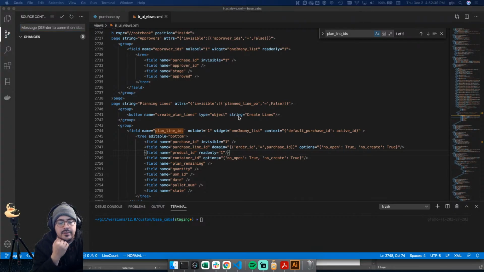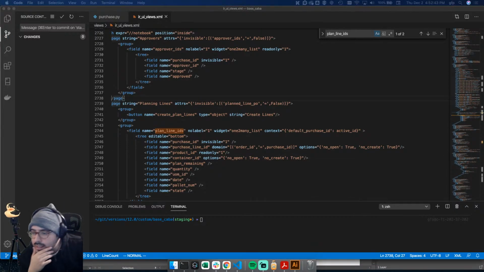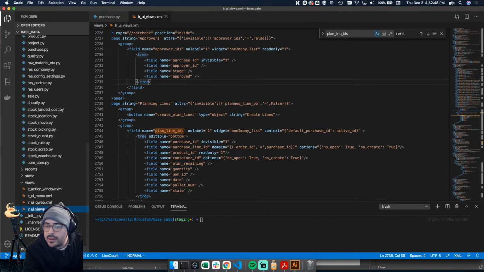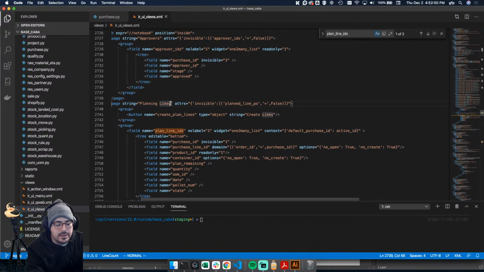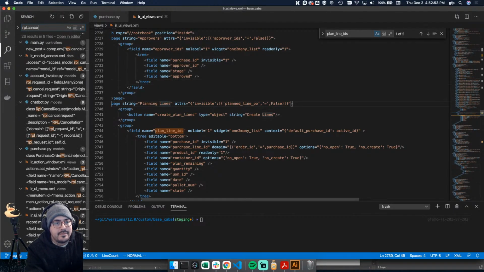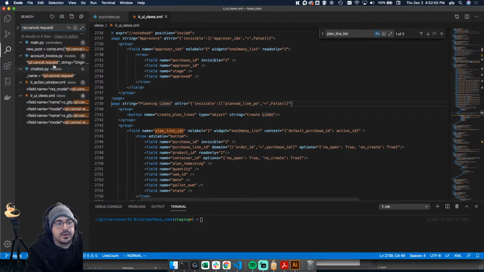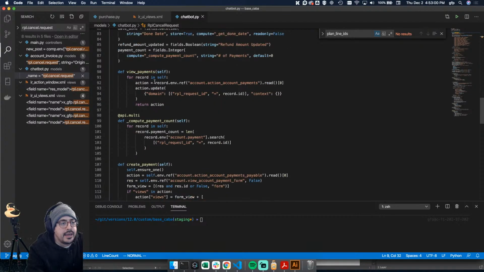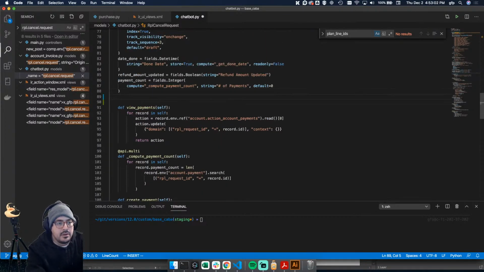Create field name and give them technical names. So this one, going back to file FC claim. Okay, so I think this is back to the RPL cancel request. Like so. And then here, we're going to add a to file claim is equal to field stop boolean string is equal to